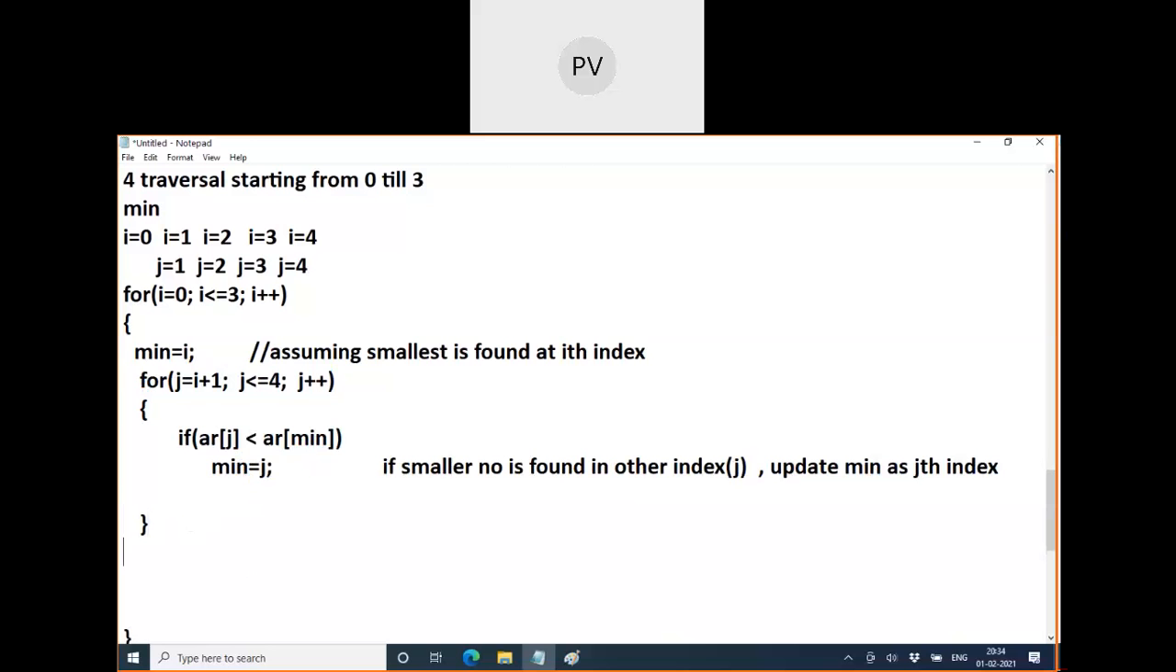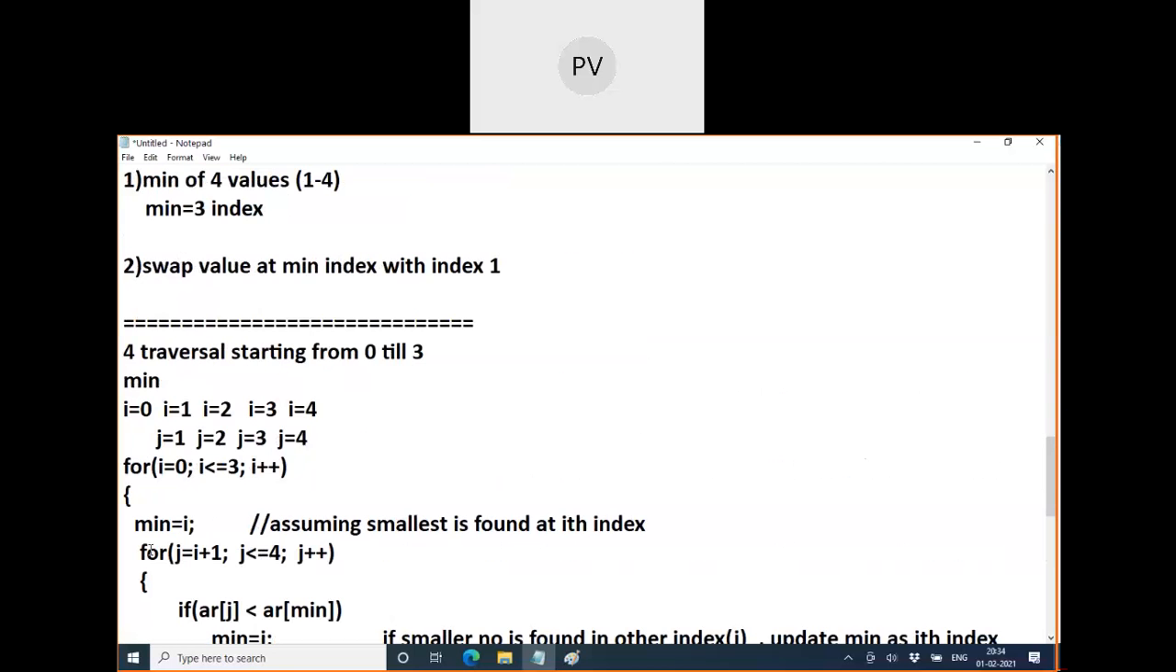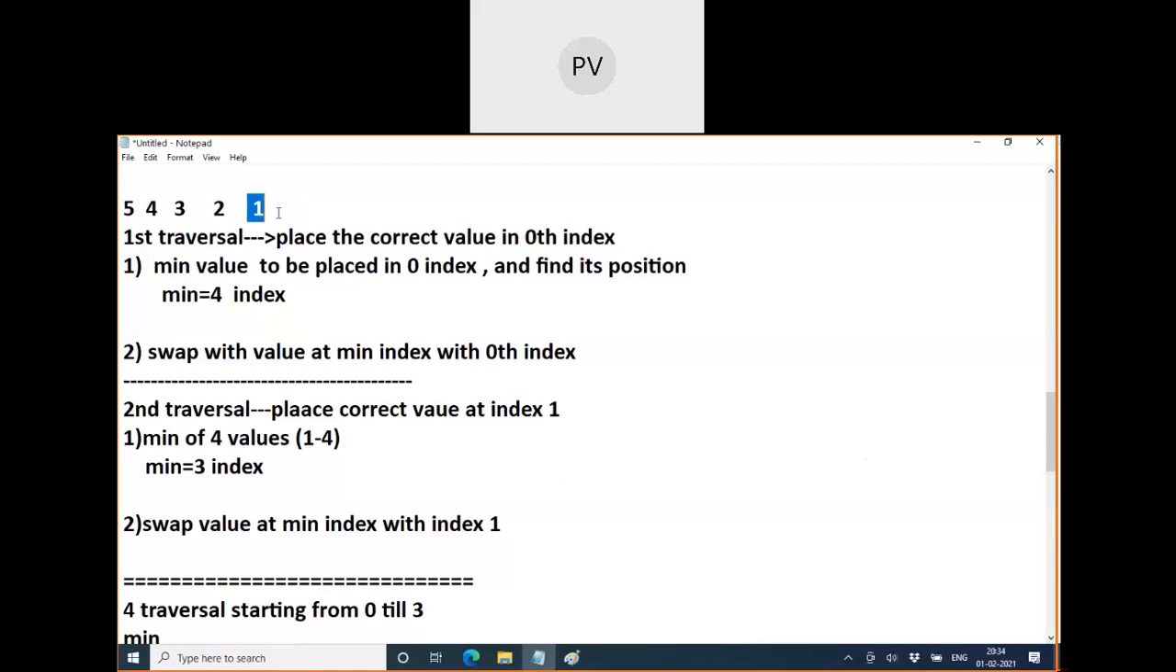What should we do after the traversal is over? Go to next number. Next index. Go to next number. I found out that the smallest number is in the fourth index. What should I do? Swap. Swap the value at min index with value at